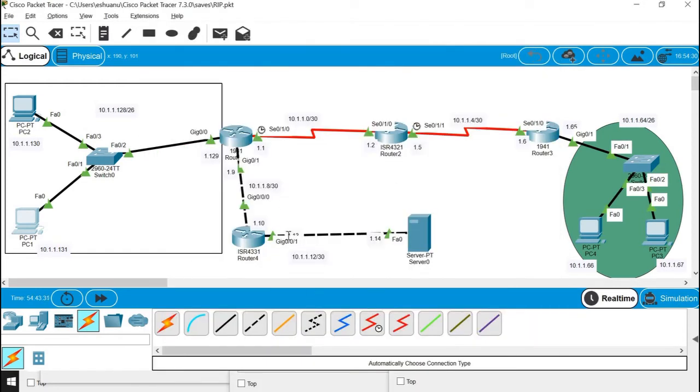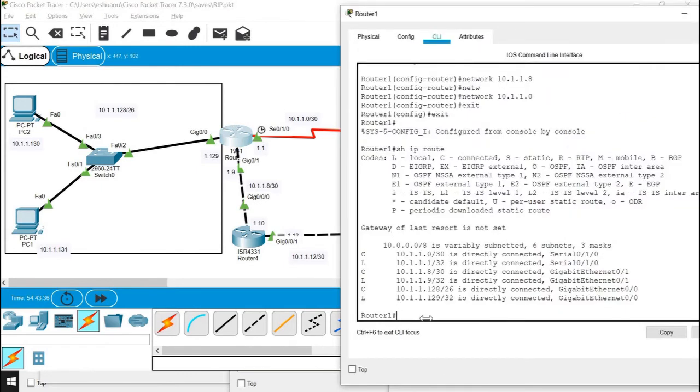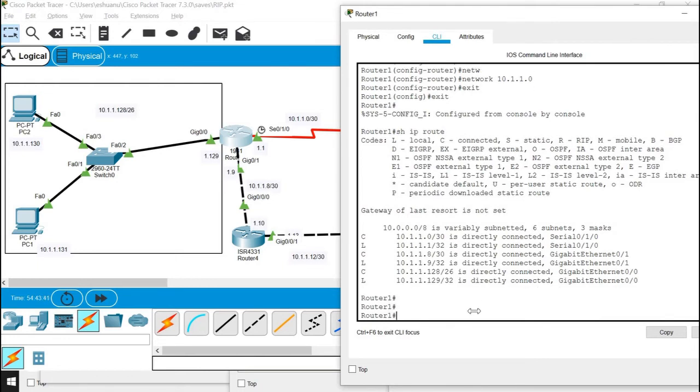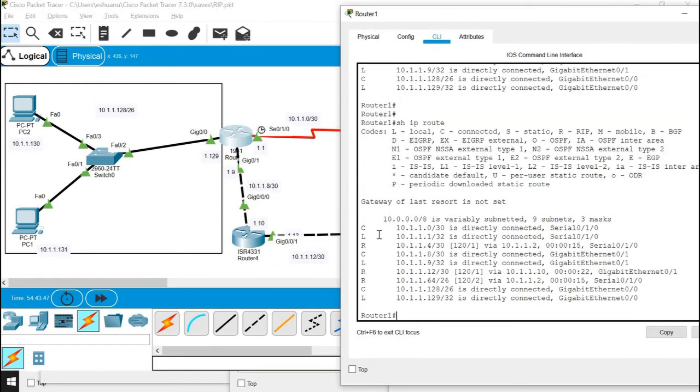But let me just show you some more things about the RIP. What options we are having. I'm not going to change anything, but I just want to show you what options we are having and what we can change from there, right? So first, show ip route. First thing is very much clear that we are having different types of routes. C means that it is connected. L is the local routes, that are directly connected. If we configure any static route, as in the previous one we have seen, S was showing because we configured the static route. Whenever we are having the R, it means that route has been received via RIP.